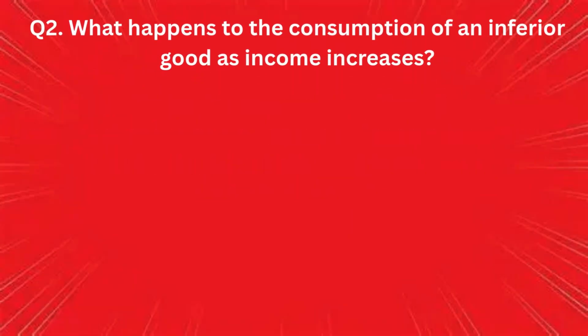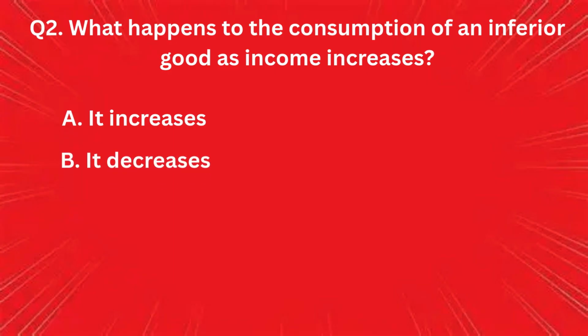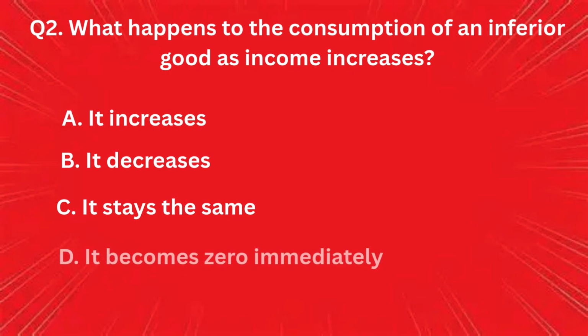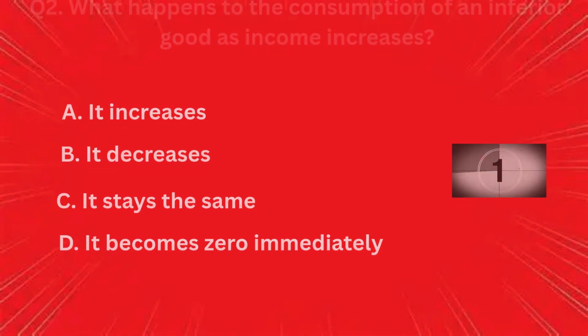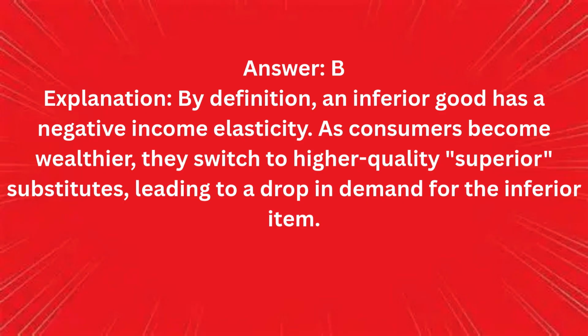2. What happens to the consumption of an inferior good as income increases? A. It increases. B. It decreases. C. It stays the same. D. It becomes zero immediately. Answer: B. Explanation: by definition, an inferior good has a negative income elasticity. As consumers become wealthier, they switch to higher quality superior substitutes, leading to a drop in demand for the inferior